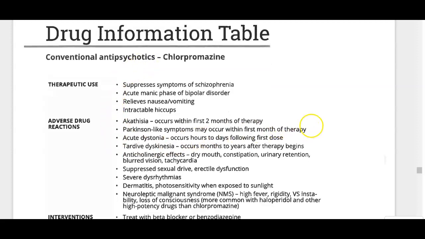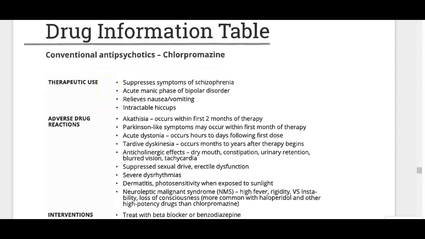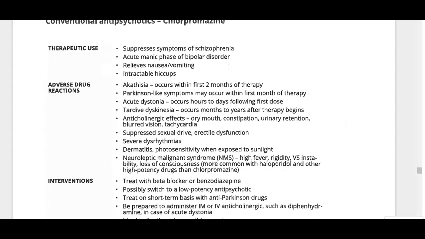Okay, major adverse drug reactions. And in this, remember, we are suppressing dopamine mostly. So when we suppress dopamine, we know that it is what inhibits muscle movement. So when we suppress it even more, we can have too much muscle movement. Okay, so we can have the Parkinson-like symptoms. And this part's actually very important. So anytime you think about antipsychotic drugs, you need to be thinking that these things can happen.